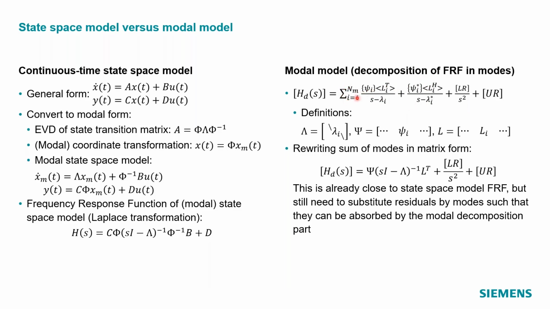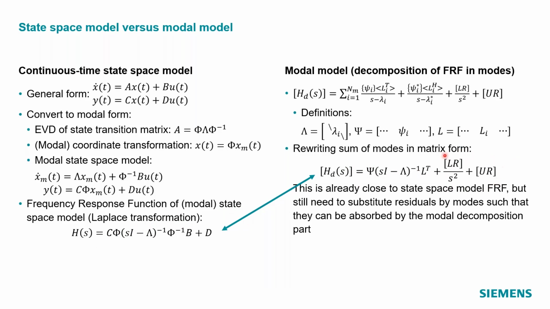But rather than taking this summation, we can write this equation down in the matrix format. So you have a diagonal matrix of all your poles. You just put your mode shapes next to each other. You do the same for your participation factor. And we end up with this equation. If you compare now both forms, you see that large part of the job is already done. It's like this C times phi matrix, that's just our mode shapes. The phi minus 1 times B matrix, that's our participation factors. Our poles are identical here.